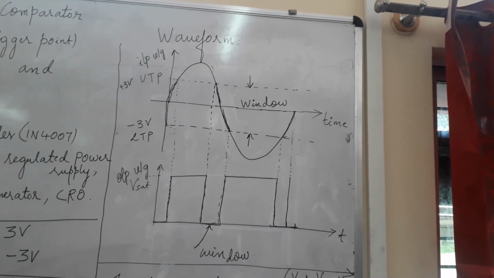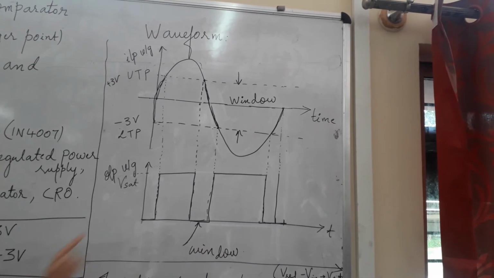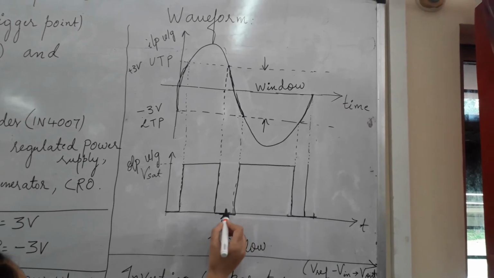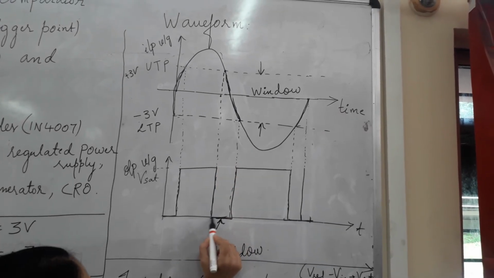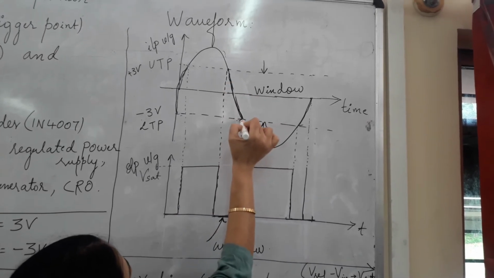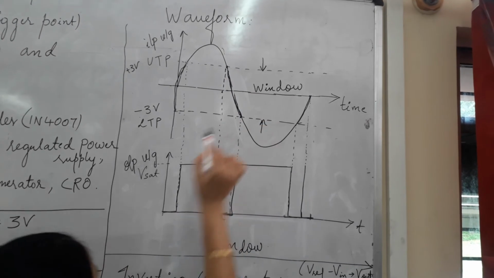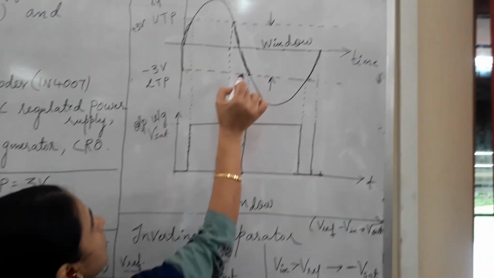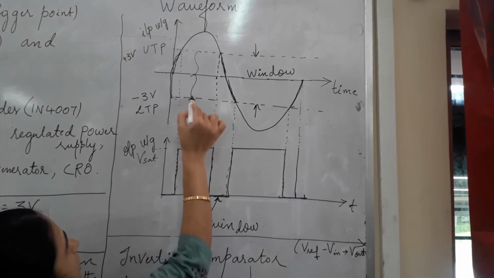This is the output of the window comparator. This is called a window. Why is it called a window? This output is low in the range when the input is within the range of minus 3 volt to plus 3 volt. As I told, output goes low when it is in the range of minus 3 volt to plus 3 volt. This voltage is called as